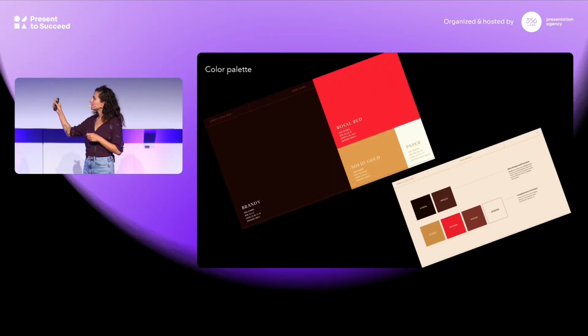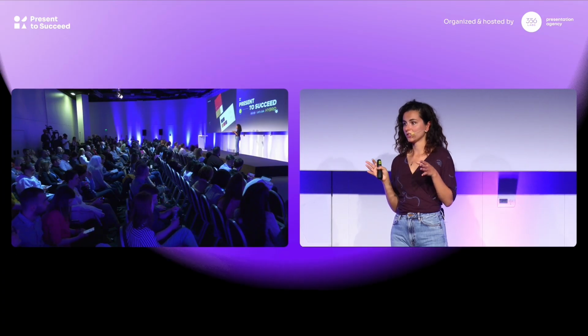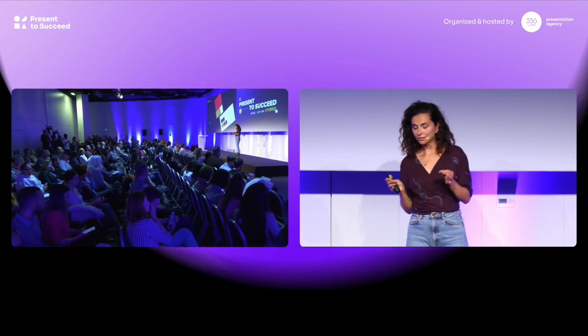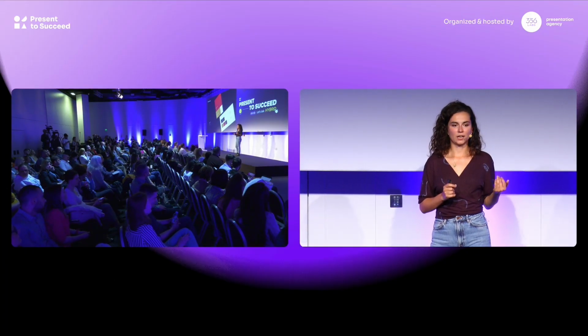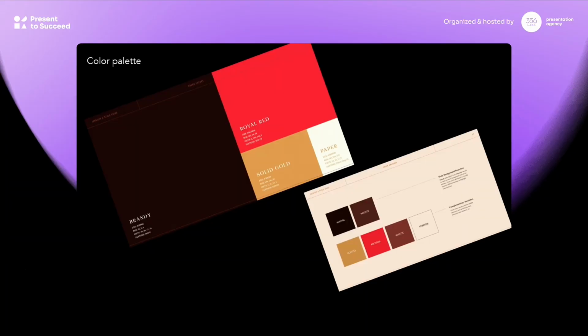You can see that there is a little code, the HEX code, that it's actually really useful to, before you start designing, you copy-paste this code into your PowerPoint or Keynote or whatever you're using, and you actually save them before you start. So that this way, first you ensure that you're always using the same color and the right color, and then it's always on hand, so you don't have to look for the brand guidelines all the time.